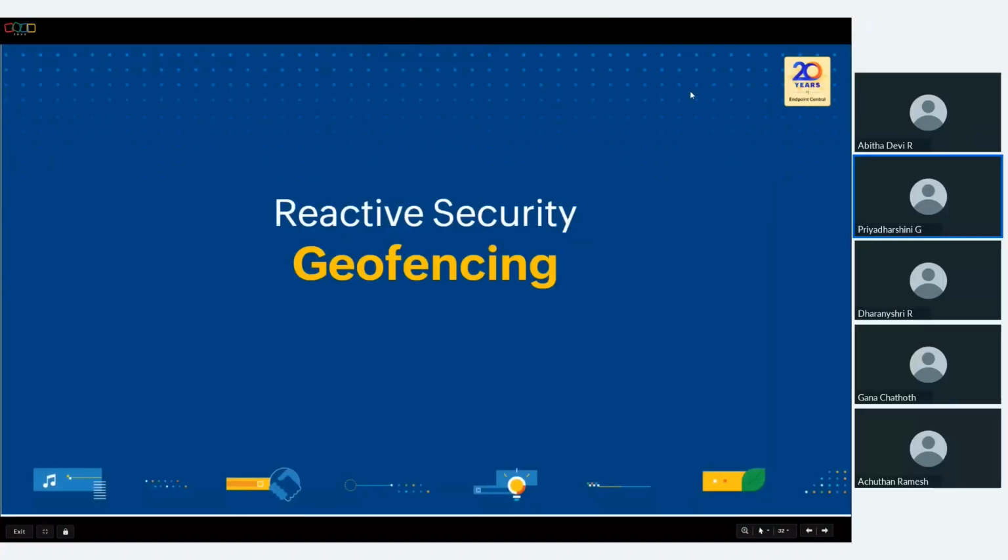Next, we are going to explore about geofencing, one of the notable